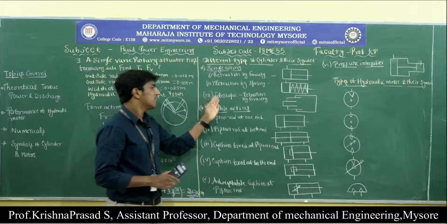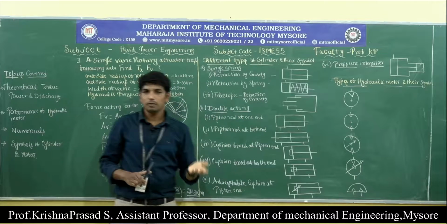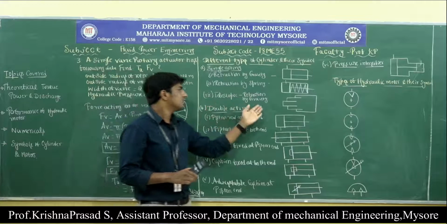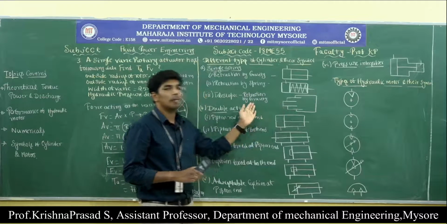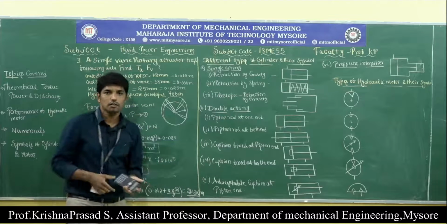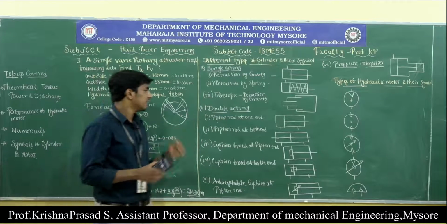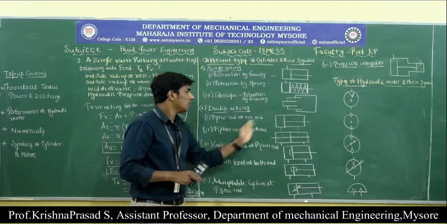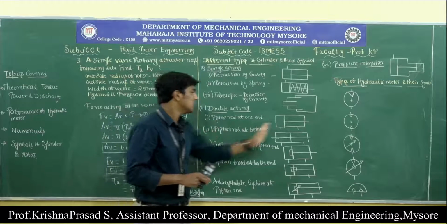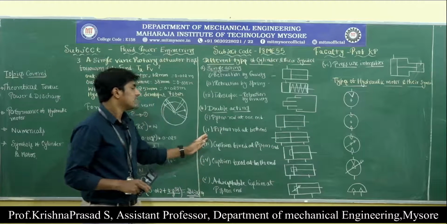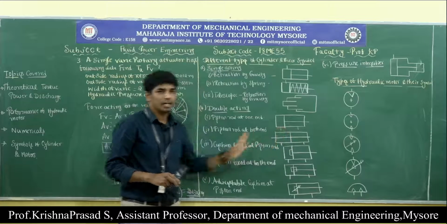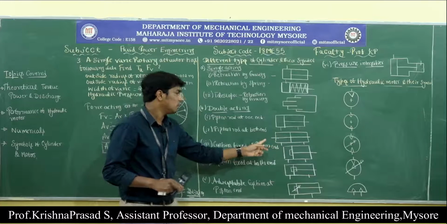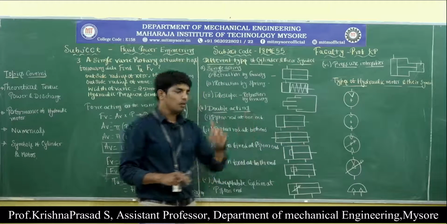Then the third one is called telescopic cylinder. We have studied what is meant by the telescopic cylinder in various cylinder mountings. This indicates the telescopic cylinder, with retraction happening with the help of gravity. Then we move on to the second type, called double acting cylinder. This symbol indicates piston rod at one end, and the second symbol indicates piston rod at both ends. That is the main difference between these symbols: here piston rod at both ends, here piston rod at only one end.